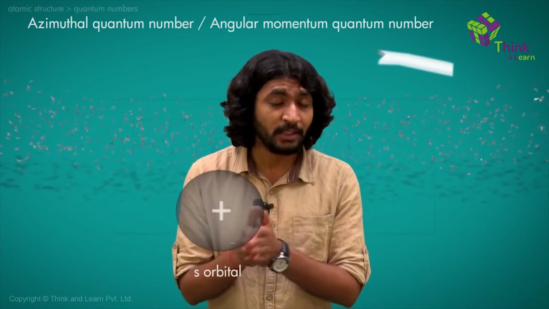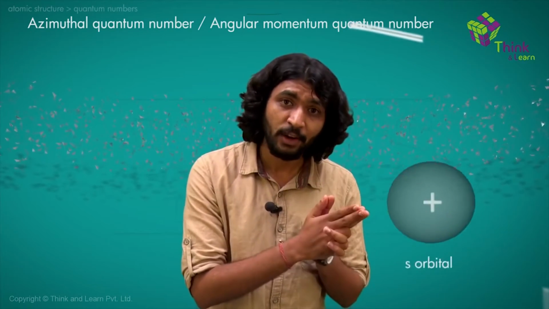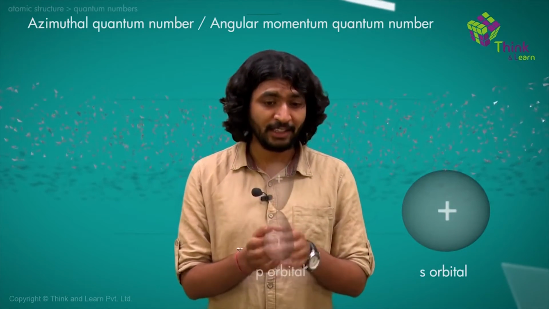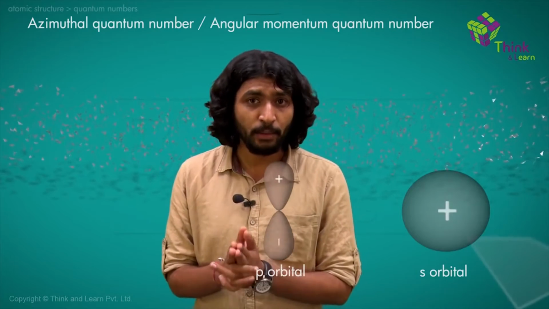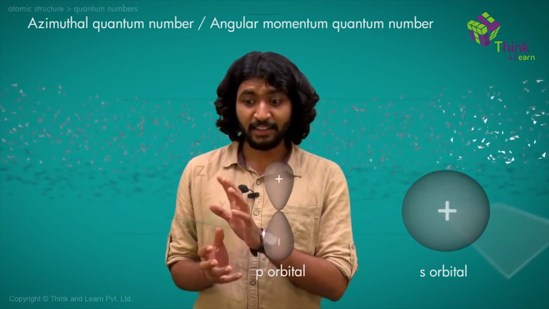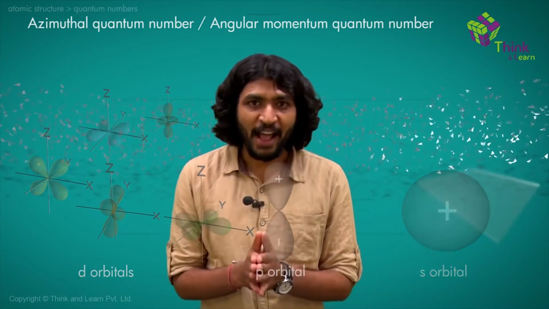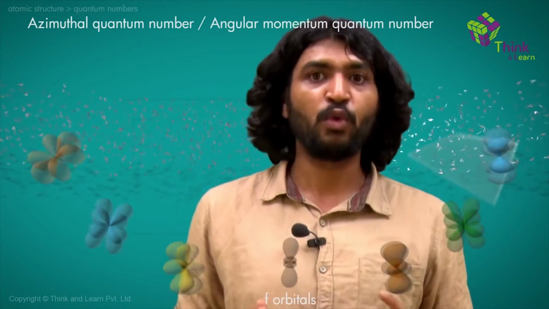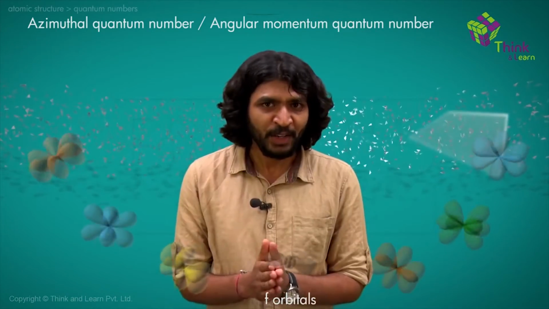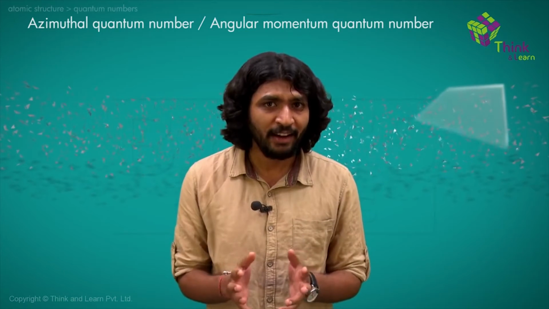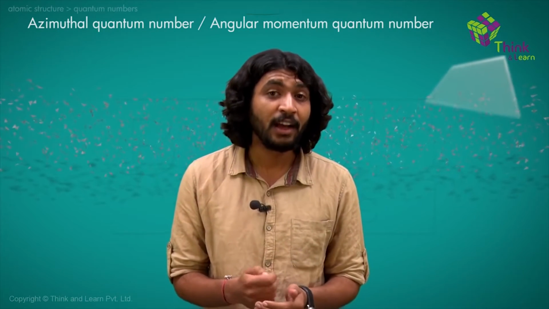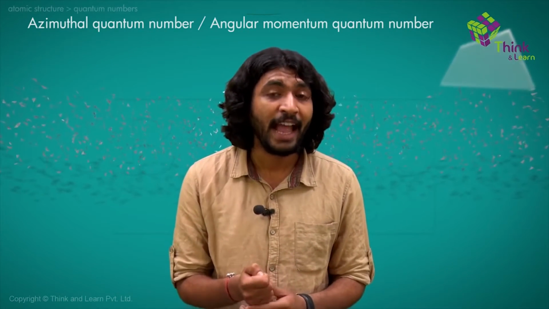Those orbitals are called the s orbital, and we have the p orbital, which looks like this. Then we have the d orbital, which could look like this, like this, like this. And we have the f orbital. Oof, so many complicated shapes. These are different regions around the nucleus where you have a very great chance of finding an electron, and these are called orbitals.